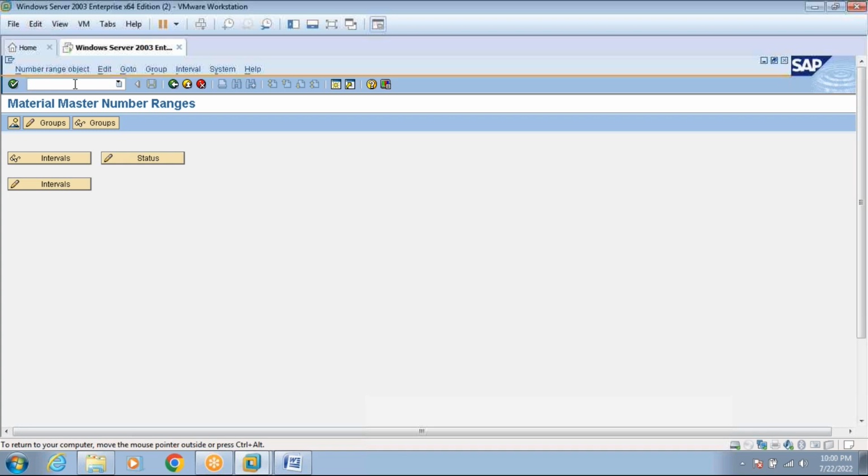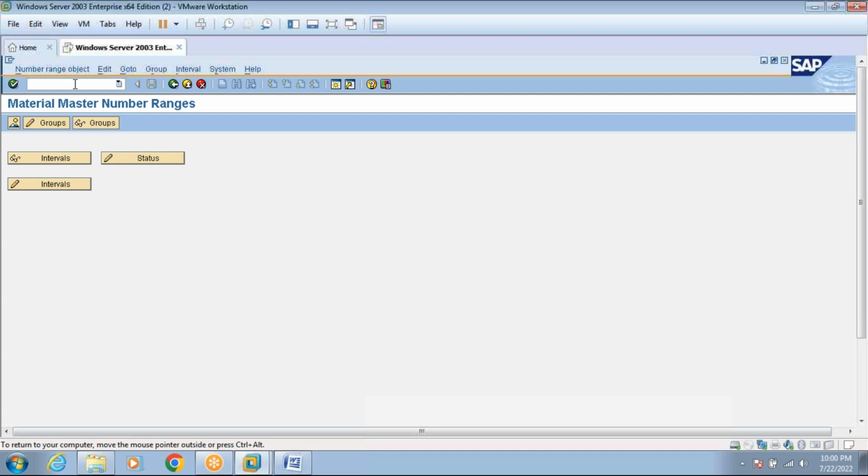This type of ticket will come in real time if you have very small number ranges for material master, vendor master or purchase order. In real time, the purchase order number is 10 digit, and in the demo version also we have 10 digit. But in the demo version, Material Master has only 4 digit, whereas in real time you need to maintain at least 8 digit, so that it goes into the millions. It will never stop. You understood my point?